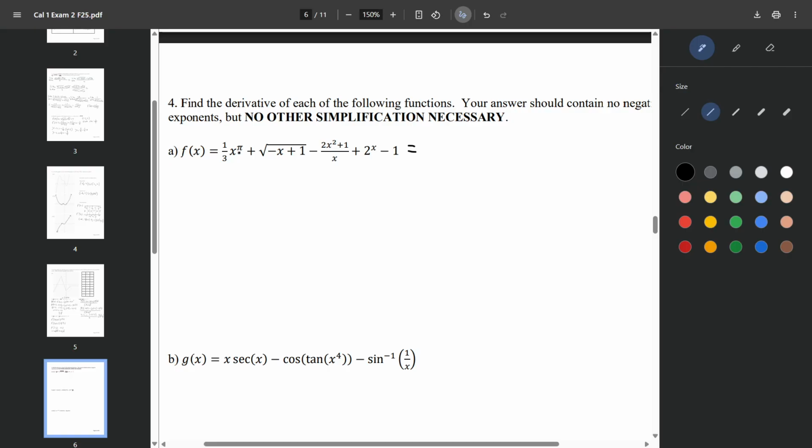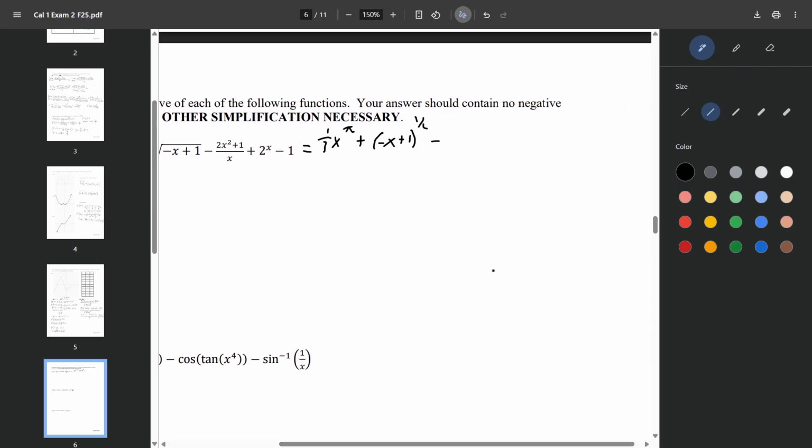So first thing we're going to do is simplify this a little bit so it's a bit easier to take the derivative of. So 1/3 x to the power of pi can remain the same. It'll also help us visualize better. And root of negative x plus 1 will be rewritten as negative x plus 1 to the power of 1/2. And the next part is going to be rewritten as,